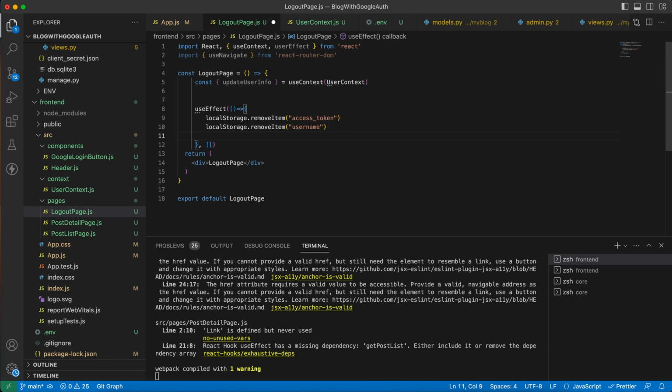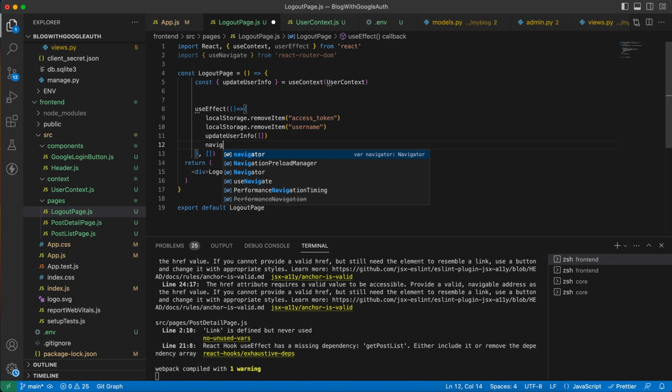Remove both access token and user from local storage, also update user info with an empty array, and then navigate the user